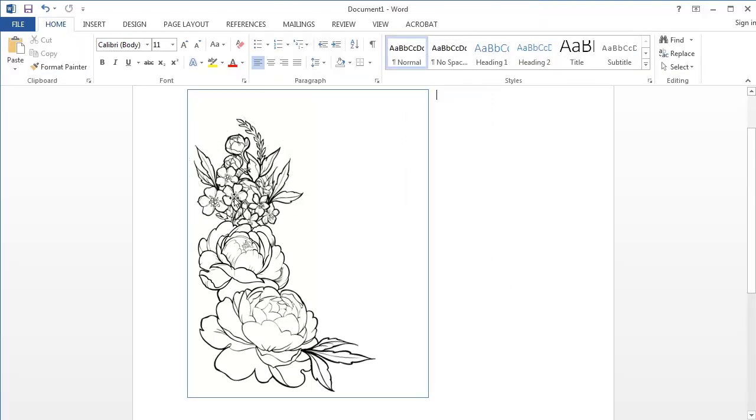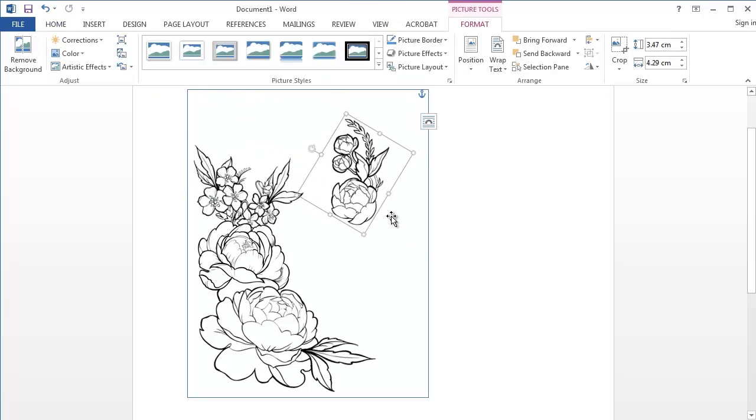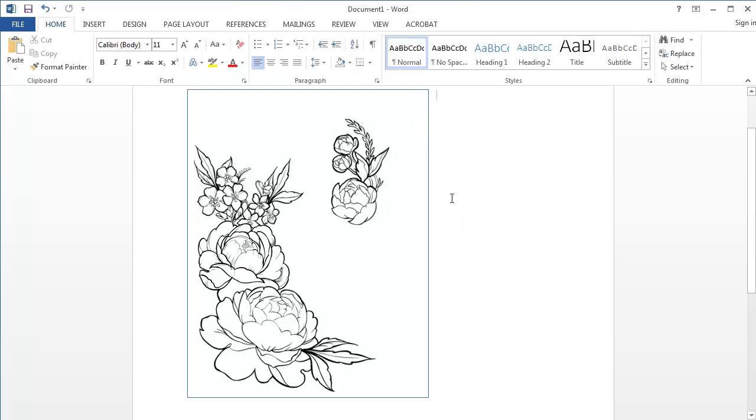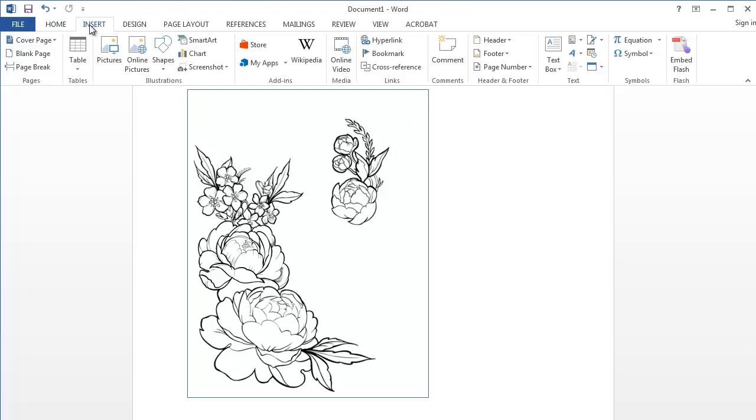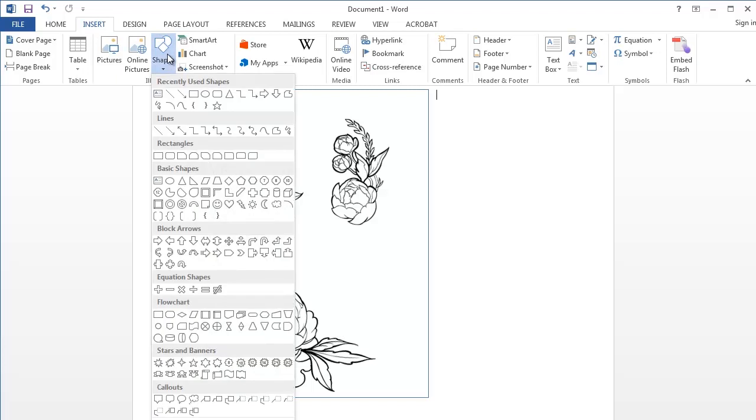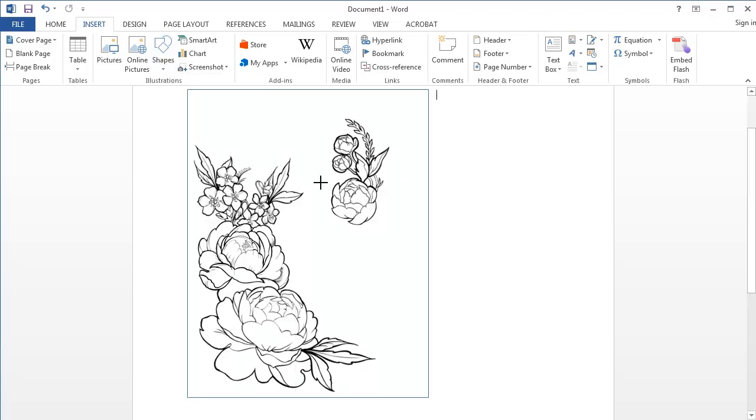All right, so we've got a bit of a mess happening here. So let's do another little trick. I am going to hide this flower. I just want this little leaf and the little flowers up here. So let's hide this flower. And the way to do that is you want to go up to your insert, and you want to go to shapes. And what you can do is, I think it is freeform, that's right. So we're going to click, click, click, click, and then join